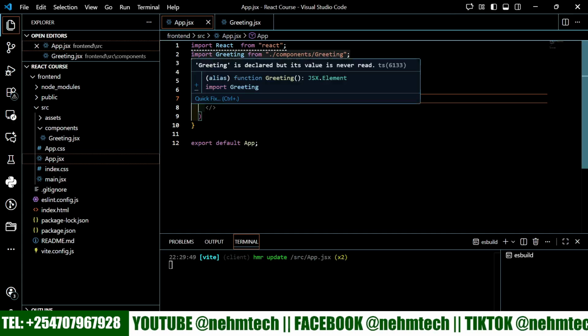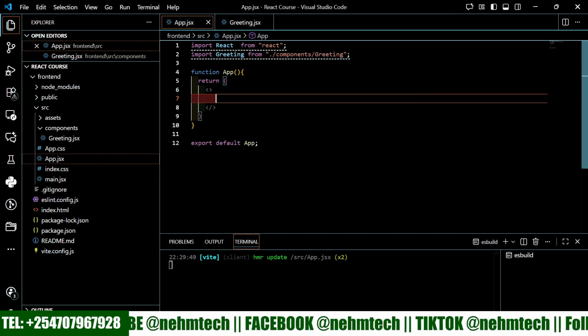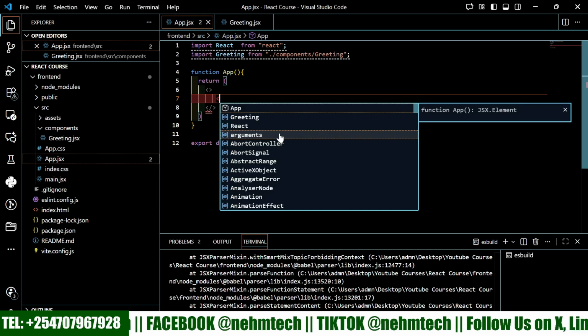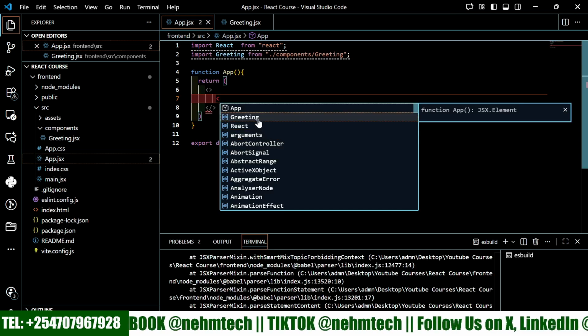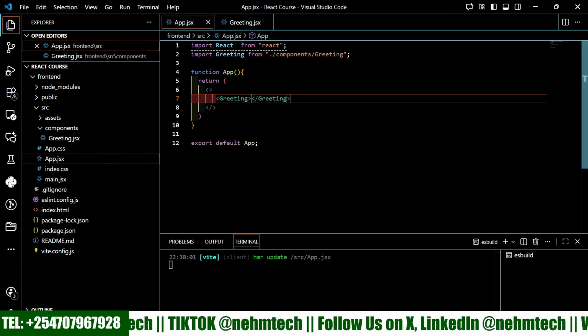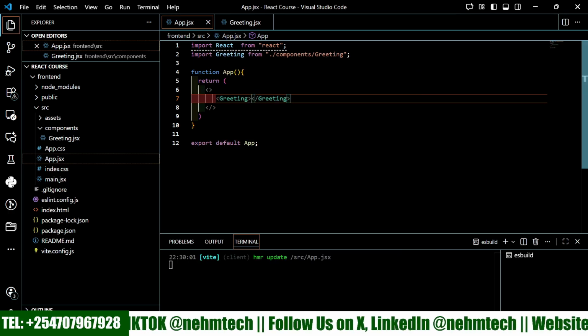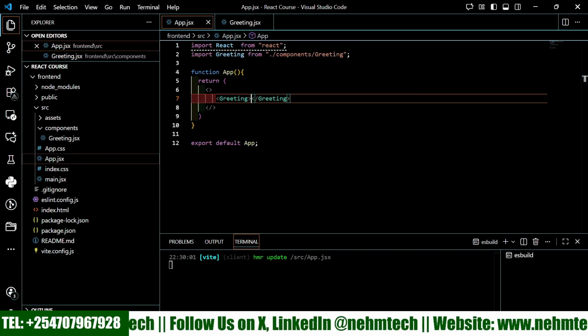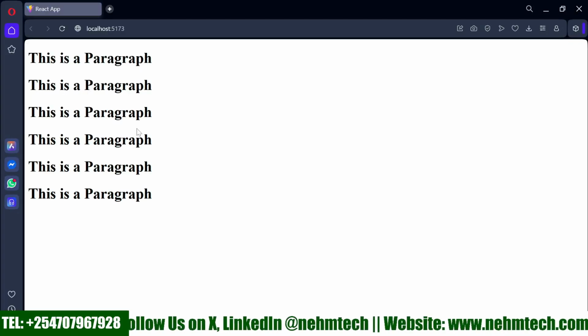When you do it, it's like I've created a custom HTML element, so you're able to use it the same way. For example, you usually use an HTML element this way, and then you close it. Only that we will not be passing any elements within it, because it already has the content. So when you do it this way, on this other side you'll see that it's going to display this